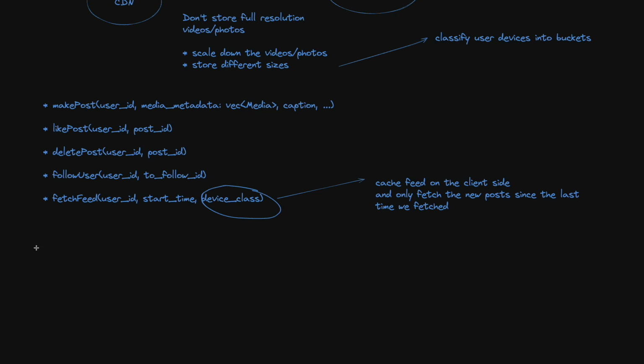When actually fetching data from the server, there's a bit of a delineation we need to make, and that is, do we want to operate on a push model or a pull model? The basic difference is when something happens. For example, when one of your friends posts a new photo, are we going to push that to your device and you have it immediately, or are we going to wait for you to actually request the information from the